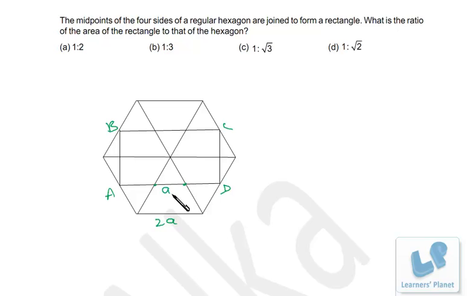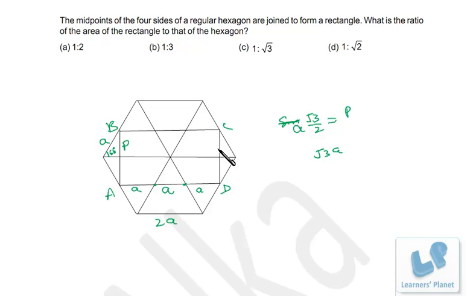Okay, so it must be a. Now the figure is symmetric, so if it is a, it has to be a, it has to be a. That is, the length of this rectangle is 3a. Similarly, this complete angle is 120 degrees, that means this angle will be 60 degrees. The entire length is 2a, so this is a. So we can calculate this length. I suppose it is p. So p and a, the relationship is given by sine theta. So sine 60 degrees, that is root 3 by 2, is equal to p by a. So p is equal to root 3 by 2 a. So double this length will be root 3 a.